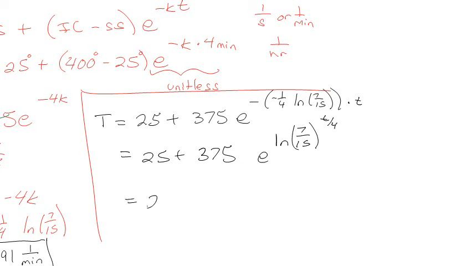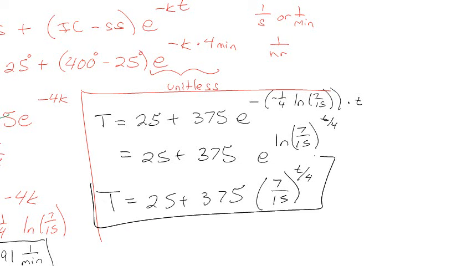So 25 plus 375 times 7/15 to the t over 4, like that. That looks right. Okay, so there's my equation to describe whatever's going on with this thingy that I made